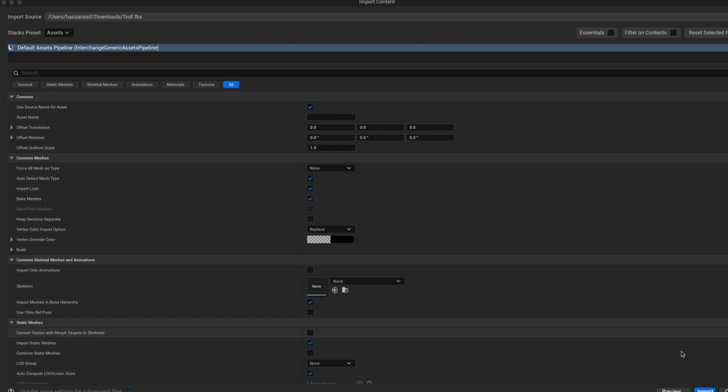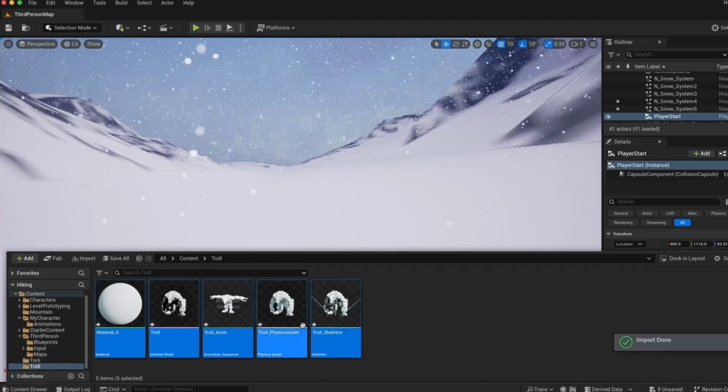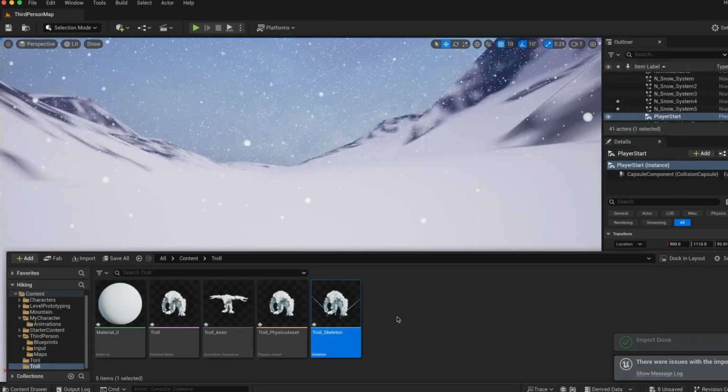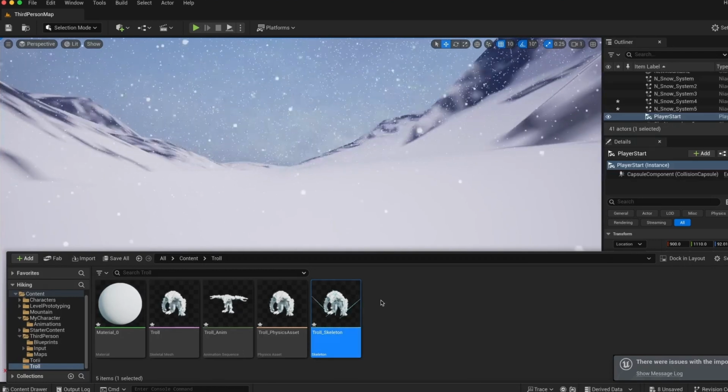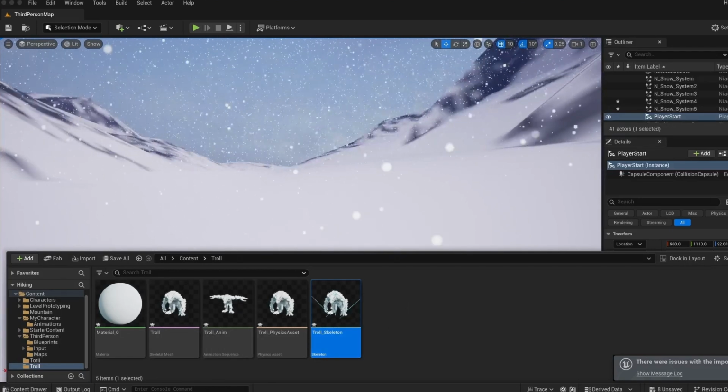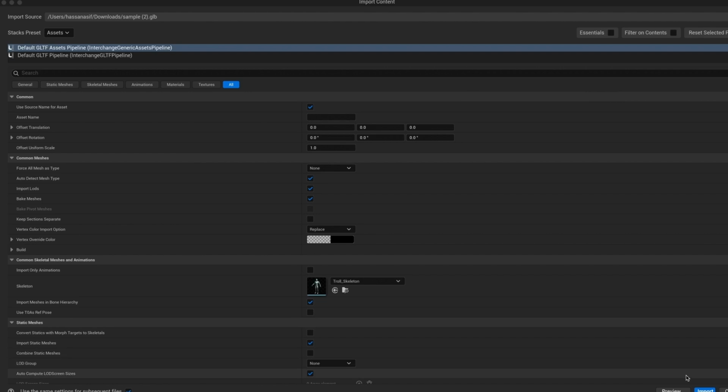Another thing you need to keep in mind is when you import the Mixamo characters into Unreal Engine, they will not have any textures on top of them. So you can see here the troll is basically blank white. To add textures, you can simply